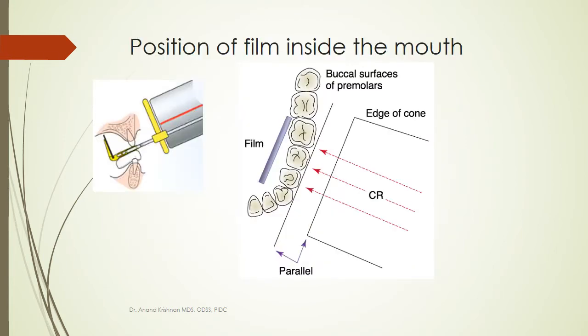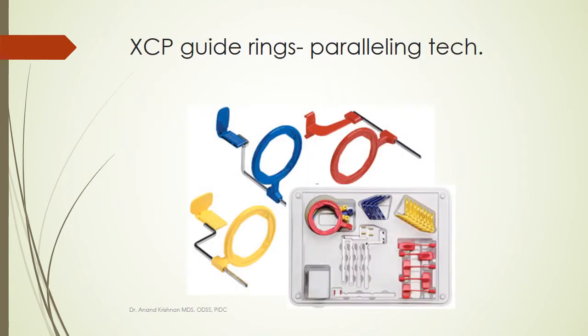That leads us to the devices that are used. We'll see these devices in a little more detail as we go on. Next is positioning the film inside the patient's mouth. Here, what we have to remember is we use an apparatus to achieve this parallelism. Normally it cannot be achieved with a free hand, so you need a device to do that. How we do that is by using a ring device. These devices are commercially available, and there are different variations available for the anteriors and the posteriors.